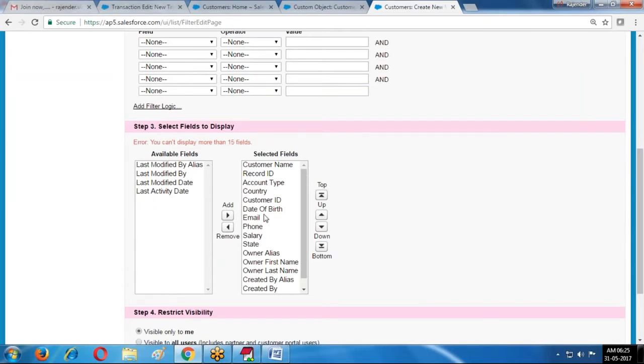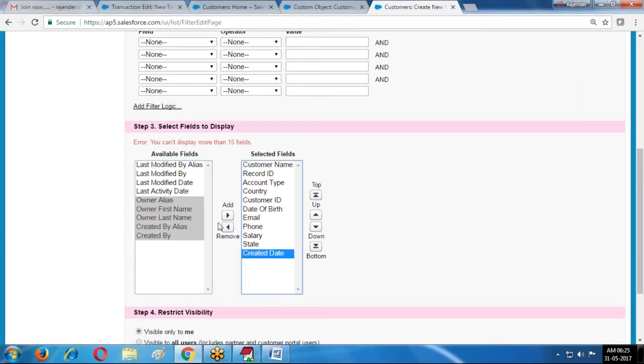Now I am selecting the fields I require, only those fields. Customer name, customer ID, customer record ID. This record ID is nothing but the ID the system generates whenever you create a record. That ID is displaying. Account type, country, date of birth.